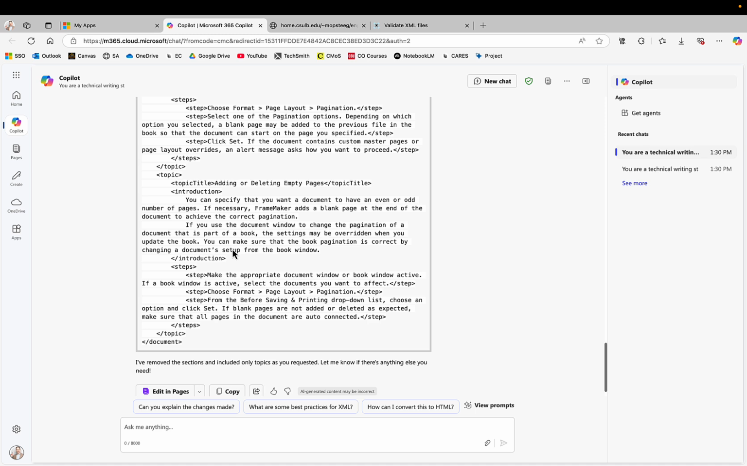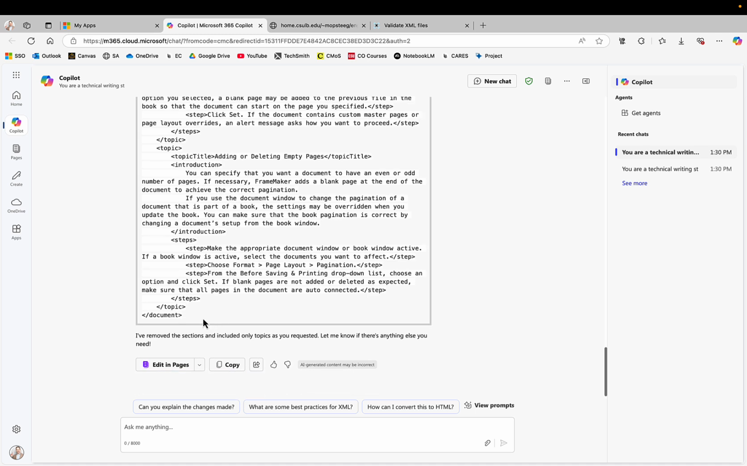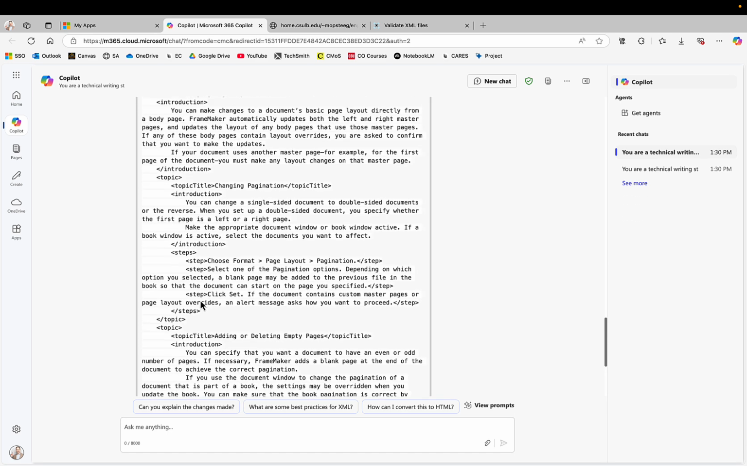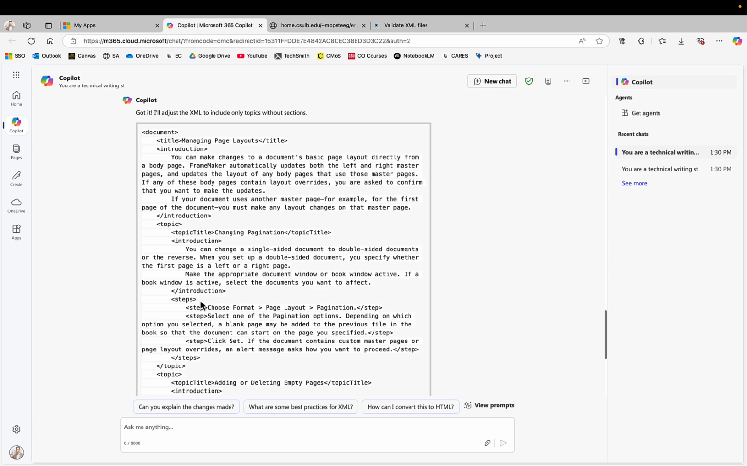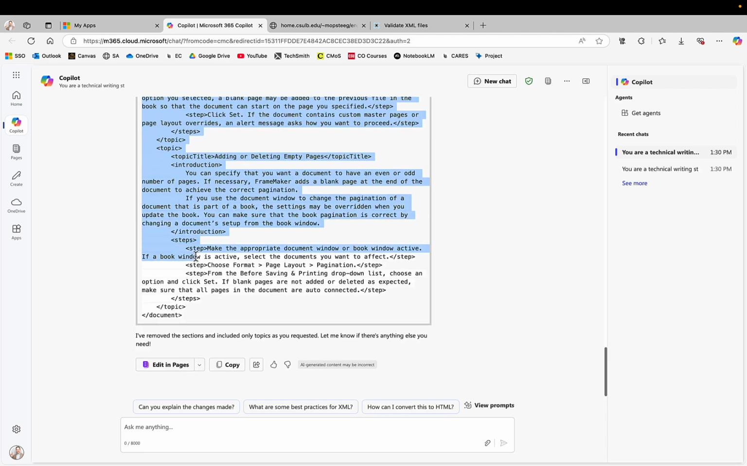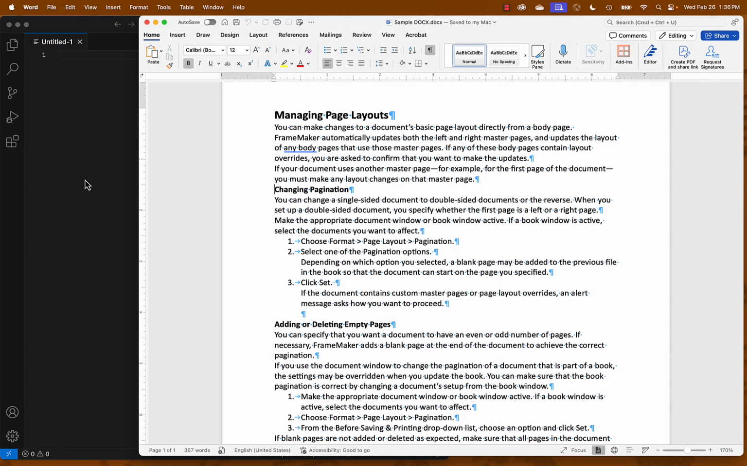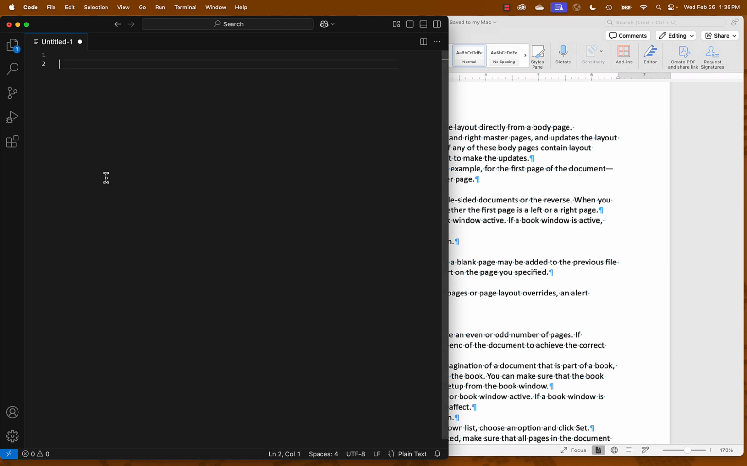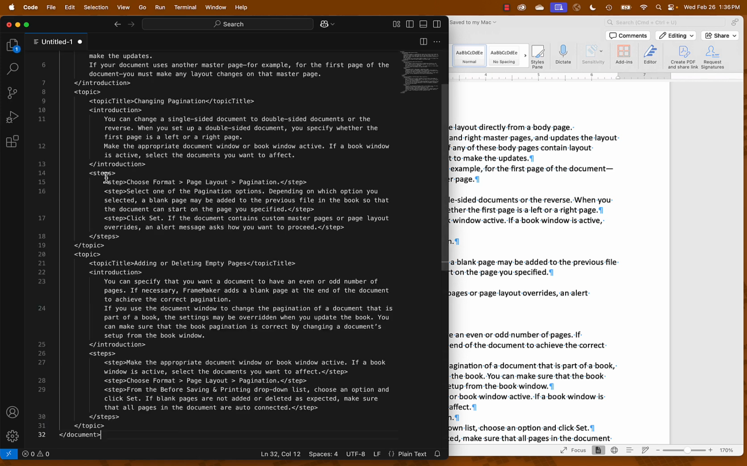So those are things that I could go back and pretty quickly do without having to further prompt Copilot. And in fact, I think that's what I will do. This is good enough. It's got me 80% of the way there. And so I'm going to copy that out, and I'm going to paste it into